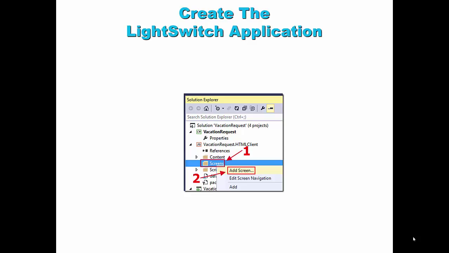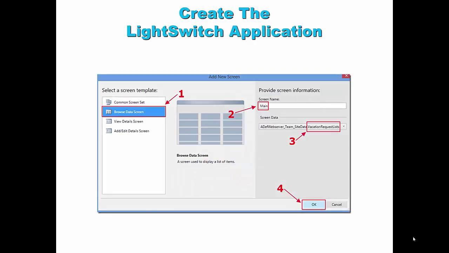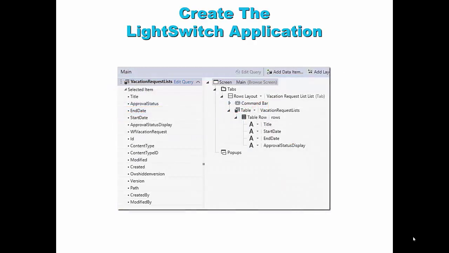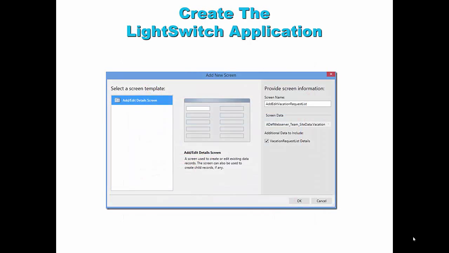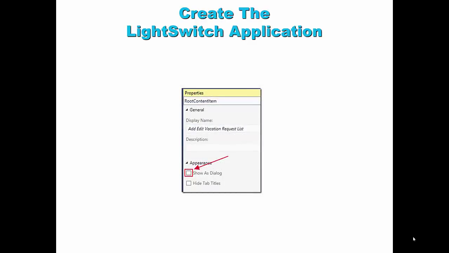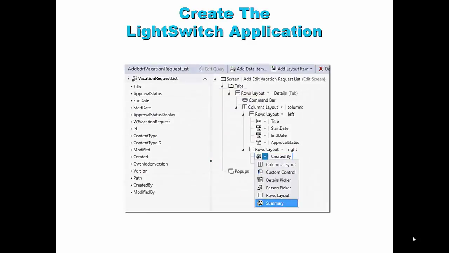We will then go to the HTML client project and select Add Screen. We'll select the Browse Data screen, and LightSwitch will automatically create the screen. We will then set LightSwitch so that when you click on a vacation request list, it will take you to the edit screen. LightSwitch will automatically create the screen. Normally it will be set to show as dialog. In this case, we'll uncheck the box so that we get the full screen so we have enough room to work with. We will then rearrange the screen